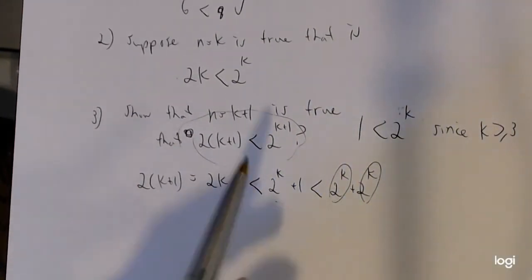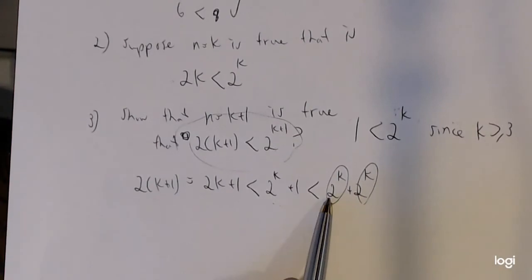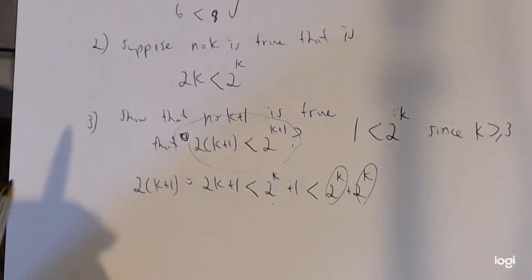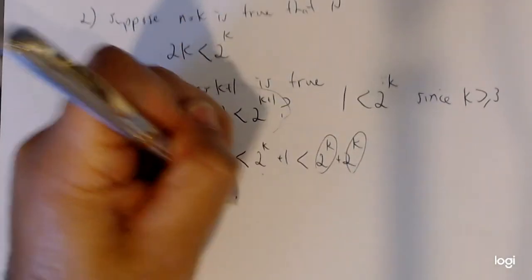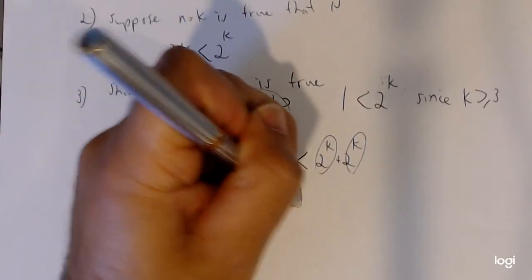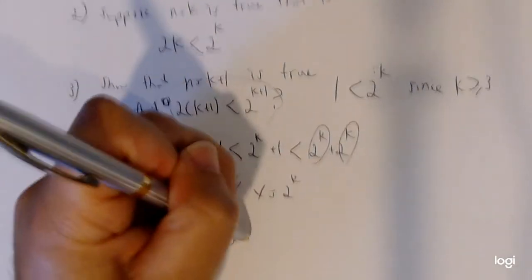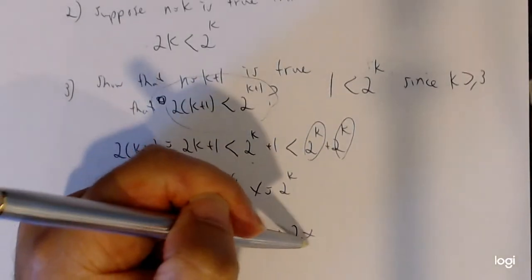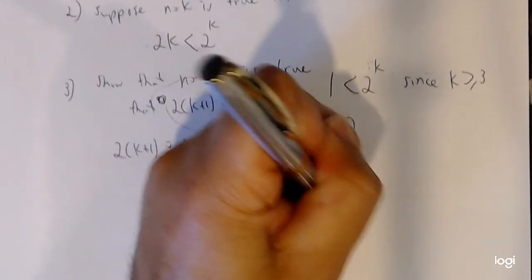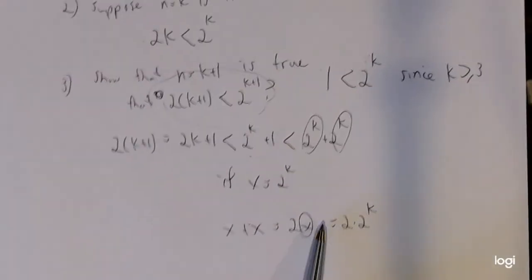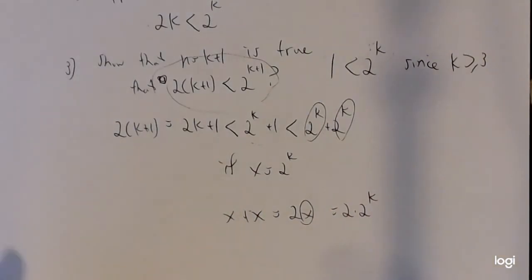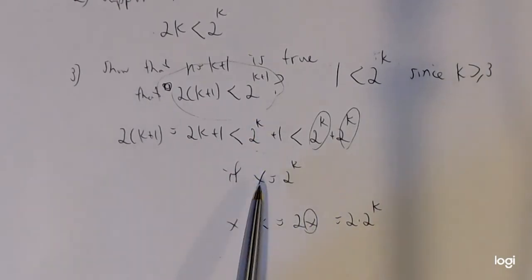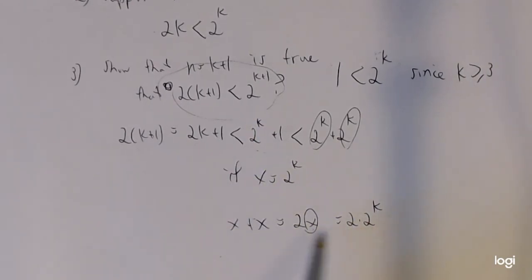So what could I do? I could add these. So how many 2 to the k's do I have here? 1. How many 2 to the k's do I have here? 1. Right? So think of it this way. Let me kind of make more sense of this. If x is equal to 2 to the k, then what is it that we know? X plus x will equal to what? 2x, which, what's x, by the way? It's 2 to the k. So this is the same thing as 2 times 2 to the k, right? By now you guys are experts with this. X plus x is obviously 2x, which if x is 2 to the k, then 2x becomes 2 times 2